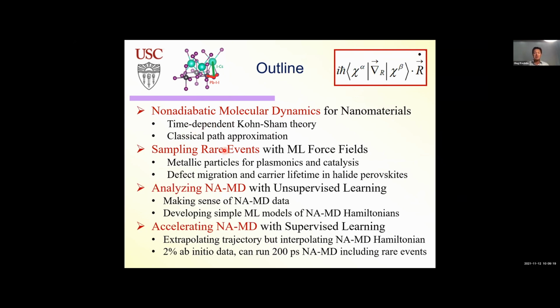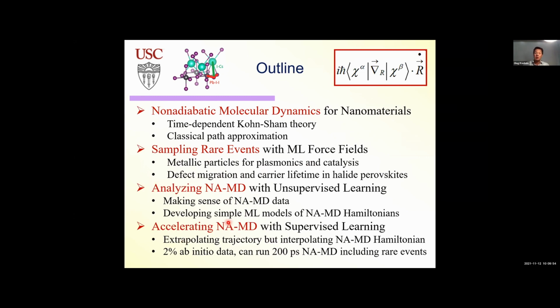And then I'll give you examples of how we use machine learning. So the simplest example is just to study a large system and long timescales and to be able to see rare events with the machine learning force fields. And this is usually done in collaboration with people who develop machine learning force fields. But what we do in our group, we now use various techniques of unsupervised learning to analyze data, because these new types of materials give interesting experimental results that are hard to understand, and machine learning helps us to understand them.